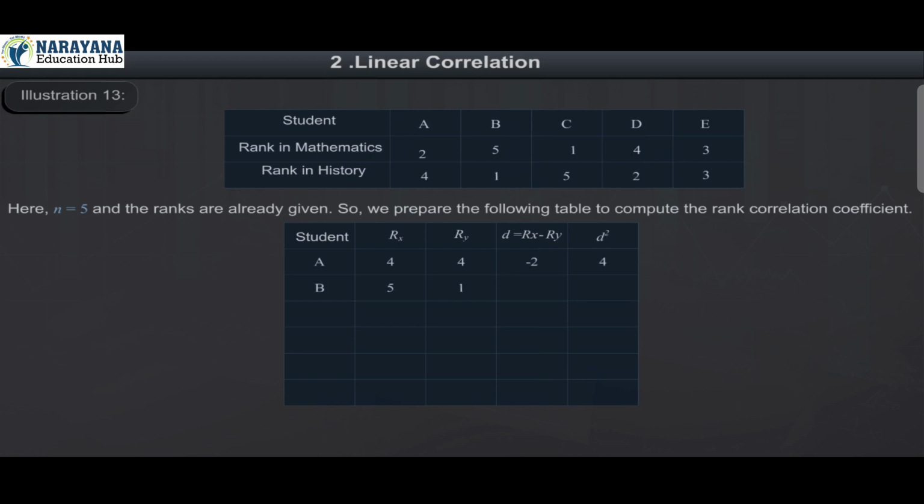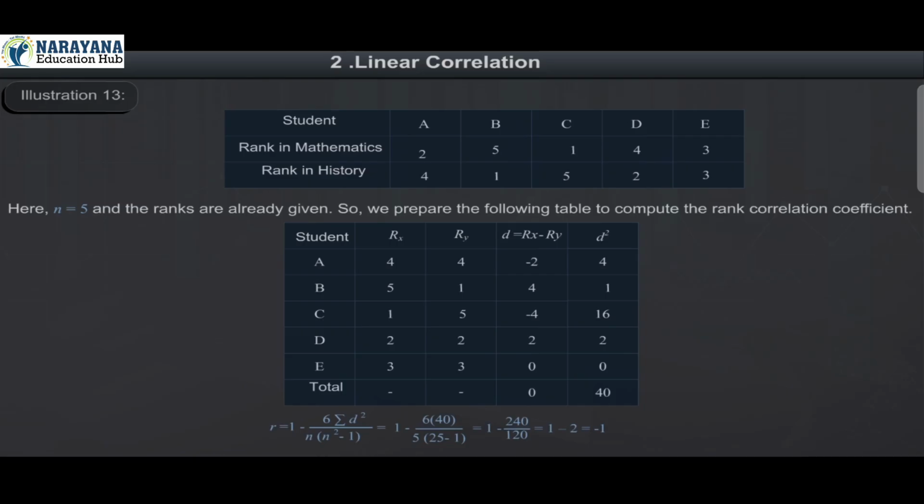B 5, 1, 4, 16. C 1, 5, minus 4, 16. D 4, 2, 2, 4. E 3, 3, 0, 0. Total 0, 40. R is equal to 1 minus 6 sigma d square divided by n into n square minus